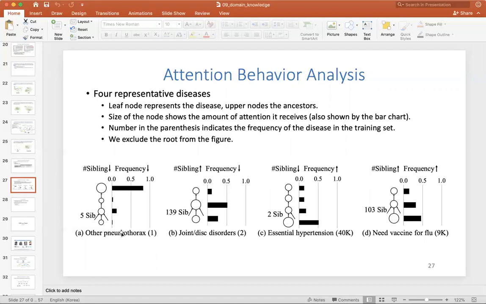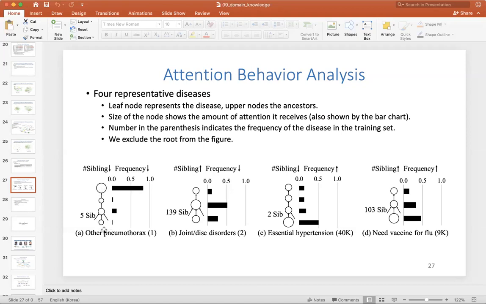So other pneumothorax has a very small number of siblings. It has only 5 siblings, and it is a very low frequency node. In the entire training set, you only see 1 occurrence of other pneumothorax. So sibling low, frequency low, and in that case, if this is a rare code and it doesn't have siblings, then the only way you can represent this is by pulling a lot of knowledge from one of these ancestors, like here. So a lot of attention is pouring towards the top ancestor here,